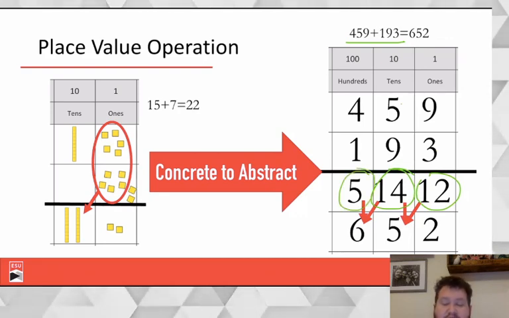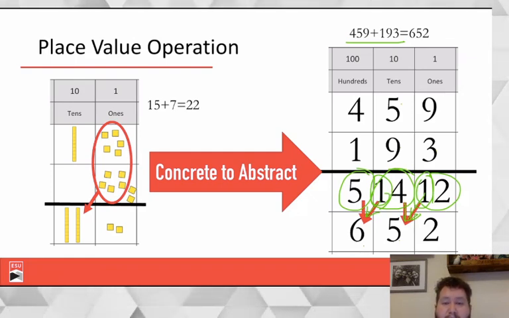Well, I can't have 12 ones, so I need to take one of those and rebundle it. So then I have 15. But again, I can only keep the 4 here, and that 1 needs to be rebundled. And so we have 5 and 1 is 6, 4 and 1 is 5, and 2 is 2. So we have